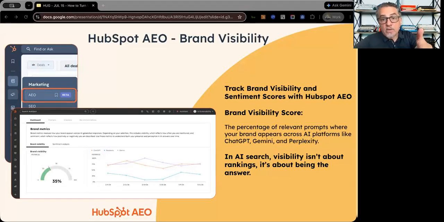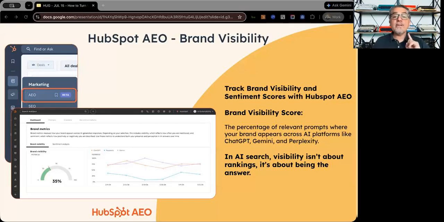And actually, our next event, which we're going to run on the 29th, is about that difference, how to optimize differently for these different models, because the probabilistic nature of AI models needs more data to understand what things we can do to increase the probability of you showing up. This is not a science where we can say, oh, we'll put you in first position, we'll put you in second. You might not show up at all, and then you hit enter again, and you're first. So it's a probability of showing up.